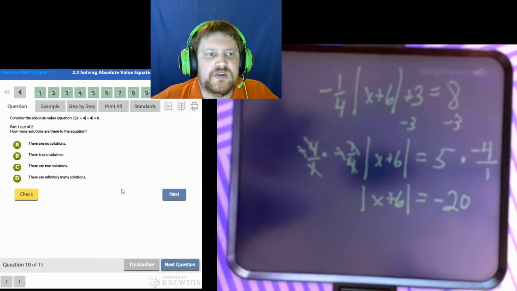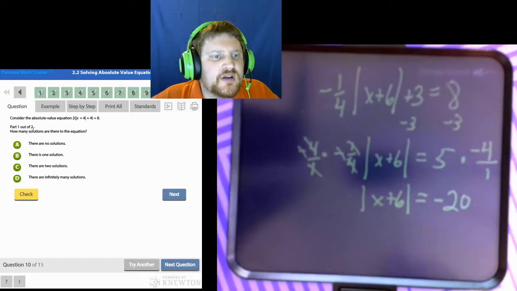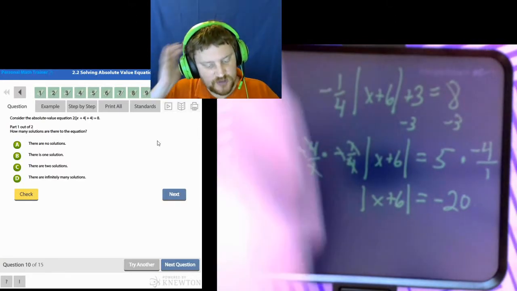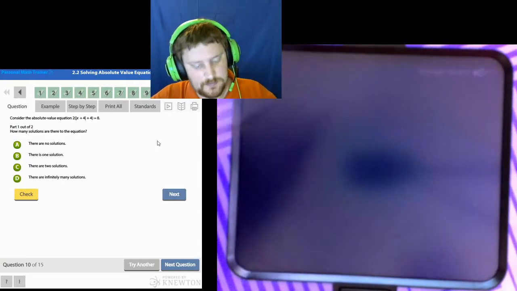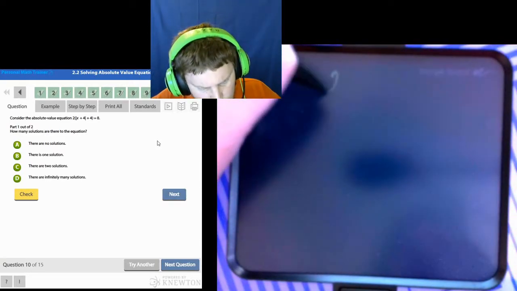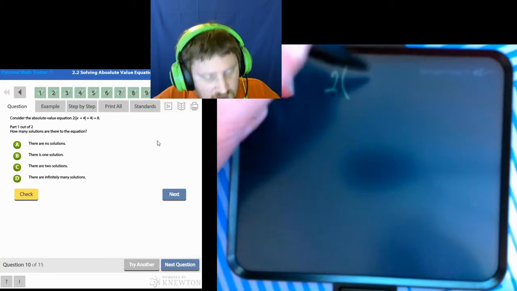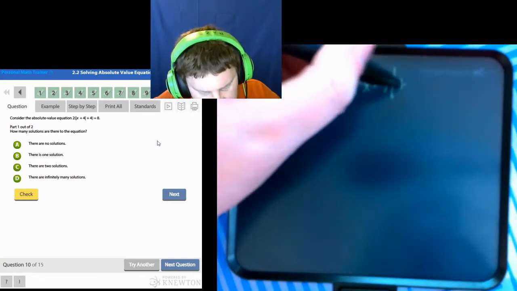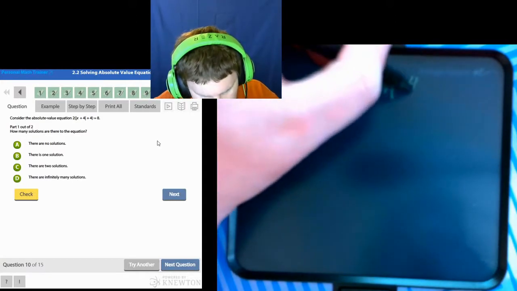Next question, number 10. Consider this absolute value equation. How many solutions are there? Once again, we can do the same basic thing, but we have to watch out for the parentheses here, guys. So we have 2 parentheses, absolute value of x plus 4 plus 4